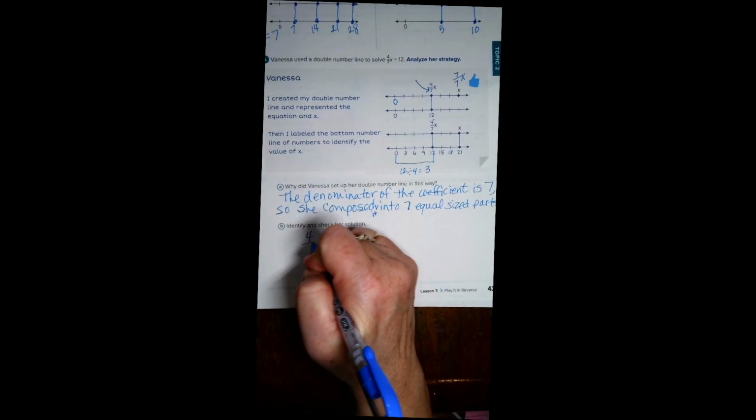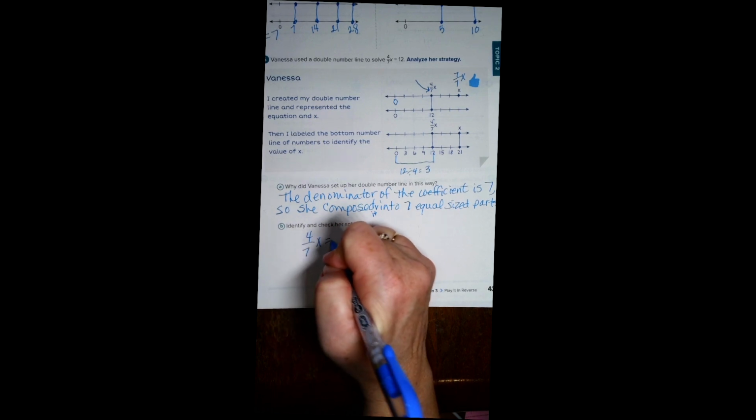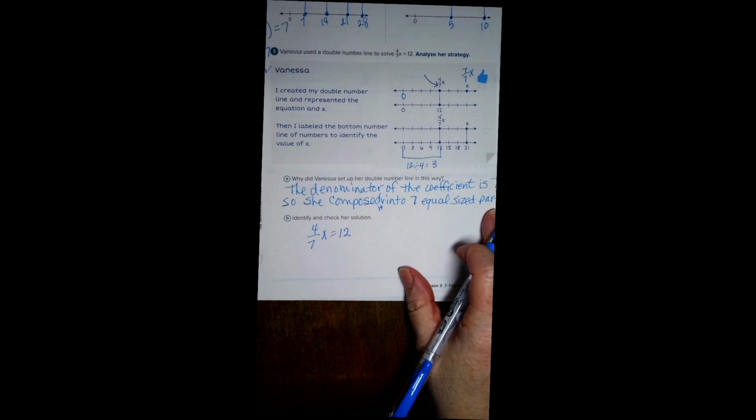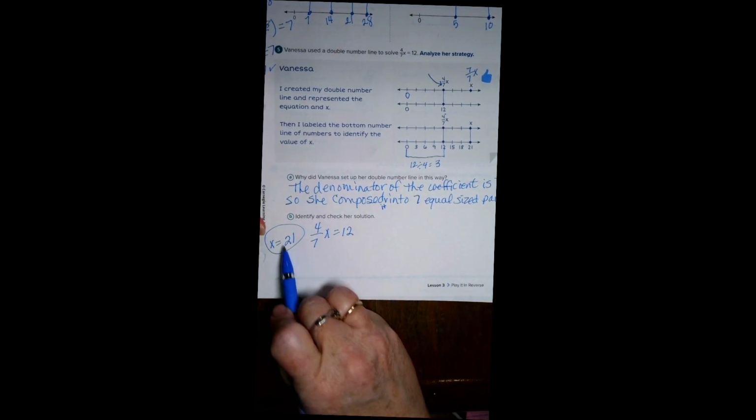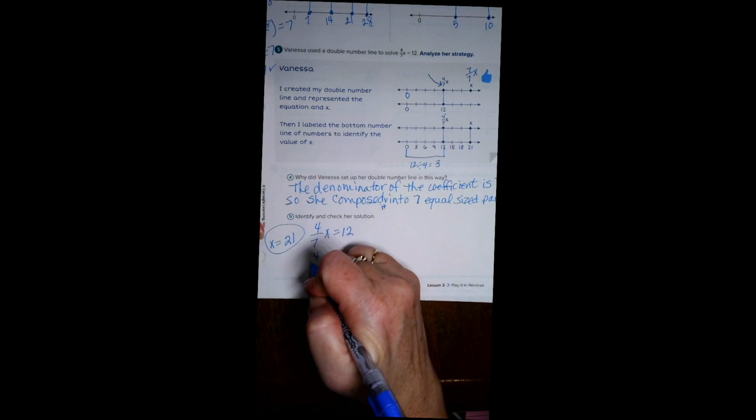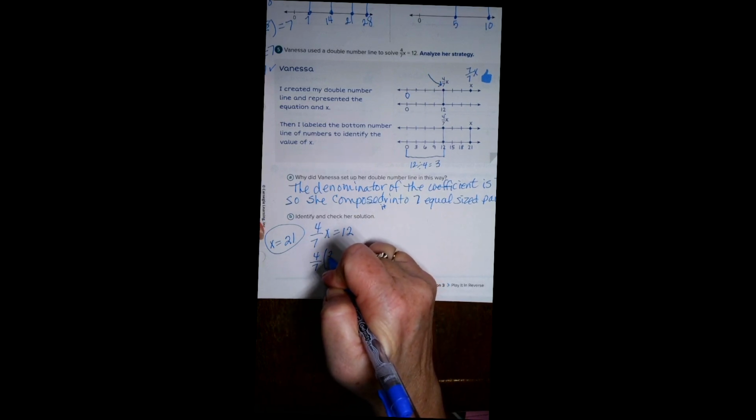Identify and check her solution. So she has x equals 21. So the original equation was this: 4/7 x equals 12. And she had the solution of x equals 21. So we're going to substitute the 21 in for the x. 4/7 times 21